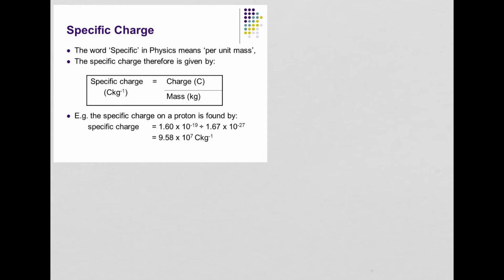So we need to know if it says the specific charge of helium, for instance. So the specific charge of helium, if I was to type it in at the top here, there's no charge to helium. I mean, if it didn't tell us it's an ion of helium, then there's no charge, and therefore it has no specific charge. But if they were to tell me it's a helium ion, +1 or -1, for instance, then there would be a charge. So in that case, if I was to write this out,